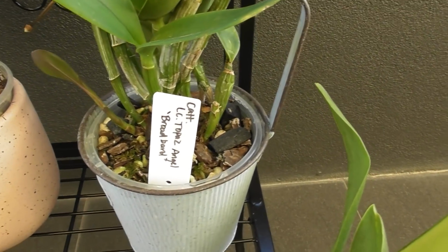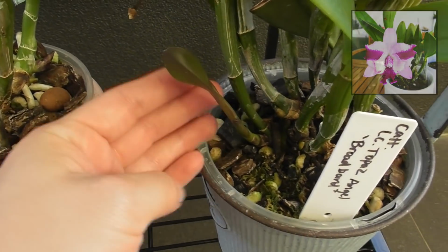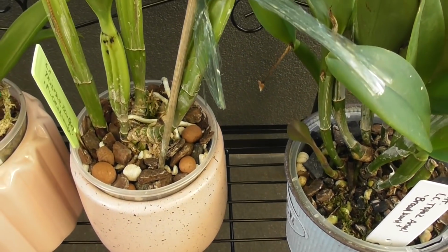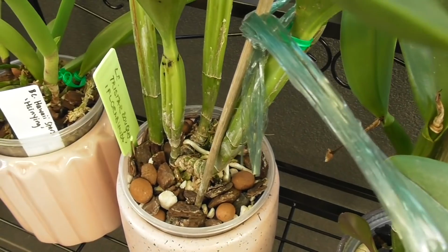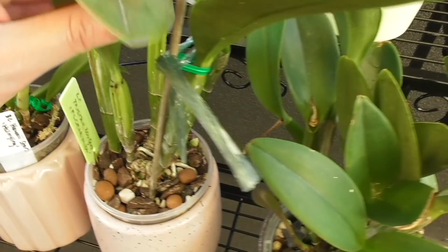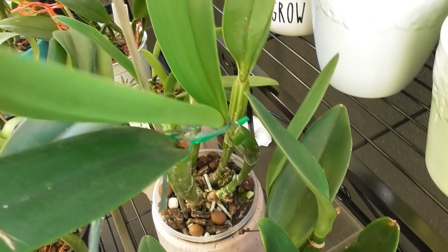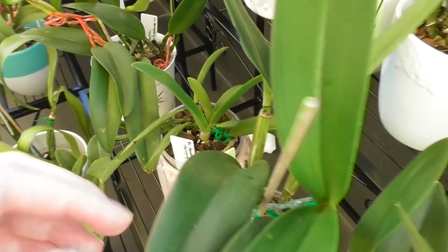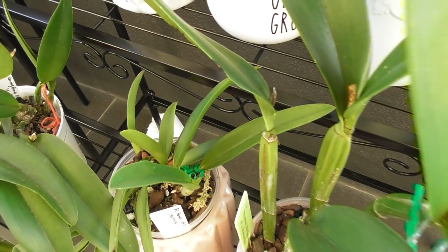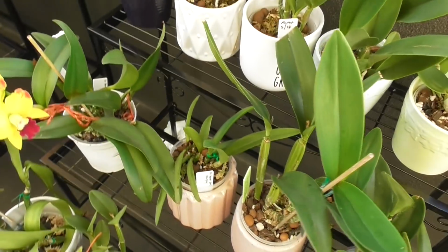Got my Topaz Angel, which dropped its bloom. It lasted like 2 months, that flower, and yeah, it's got a new growth coming up. So this is one of my plants that did not bloom for me. So here is its latest growth back here. Looks very nice. It's just as big and plump as previous ones, and you can see it has flowered from every growth, every single growth, except for the one I grew this year. So yeah,